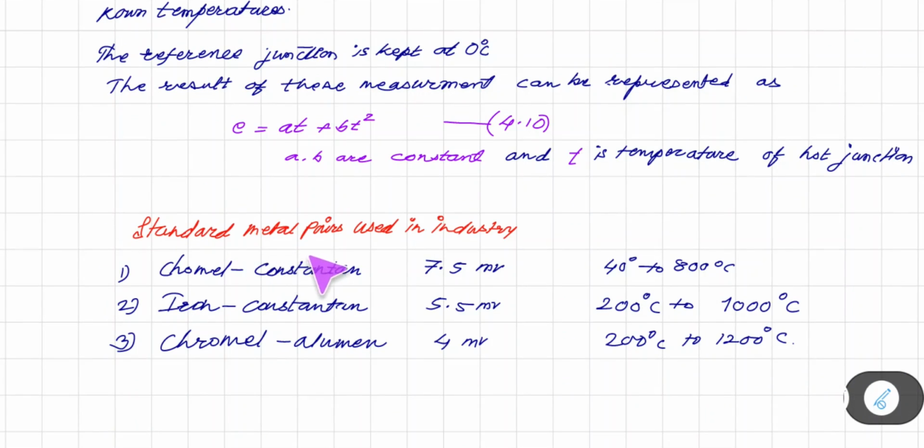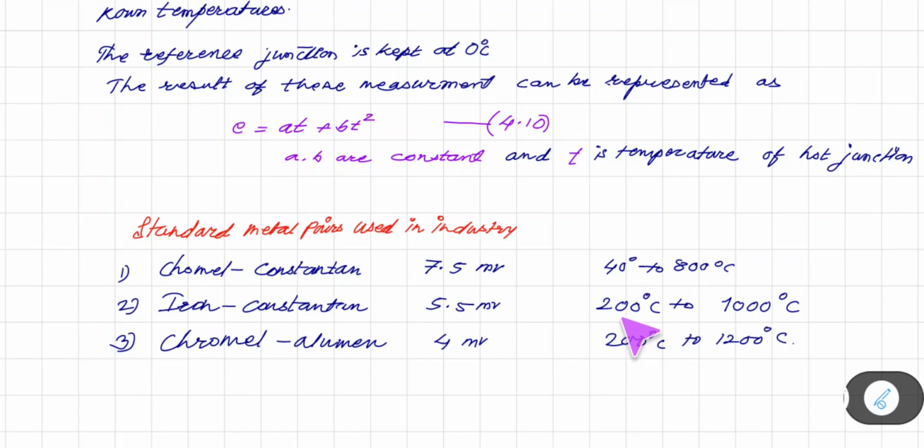So there are a few metals which are standard metals used in industry for this kind of thermometer, and it contains metal pairs. Chromel-Constantan is one of the metal pairs which, when we talk about electromotive force, gives about 7.5 millivolt and works in the range of 40 degrees Celsius to 800 degrees Celsius. Another pair is iron-Constantan which gives 5.5 millivolt